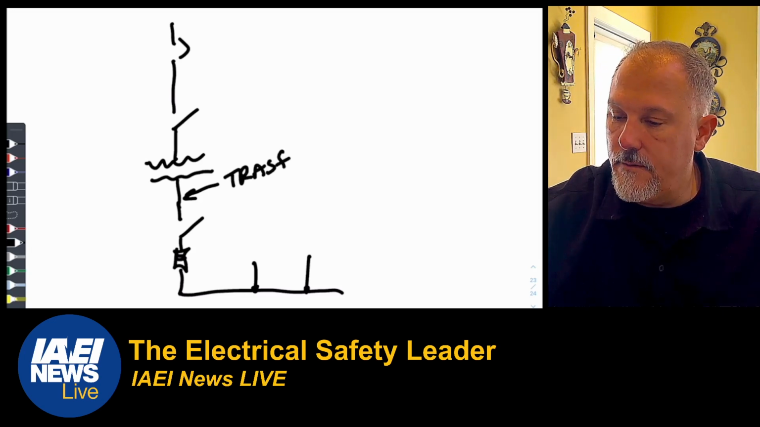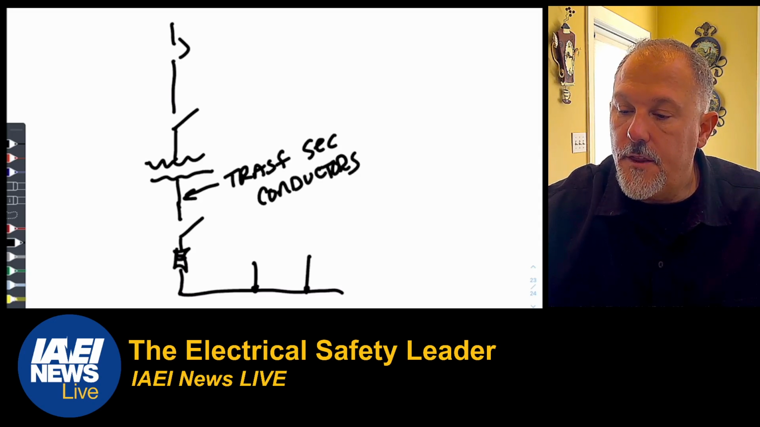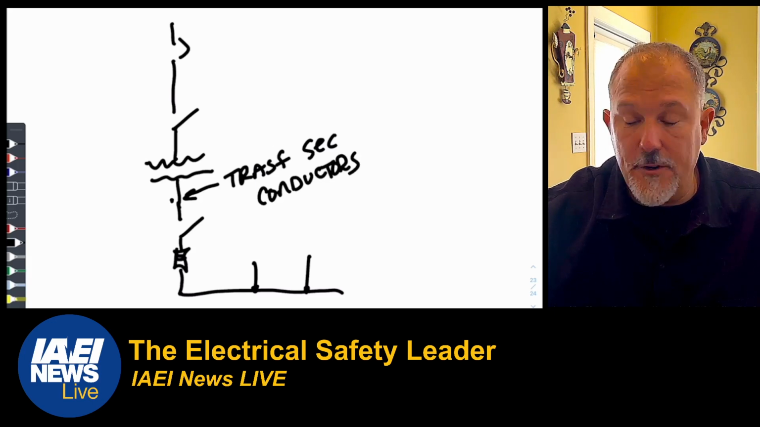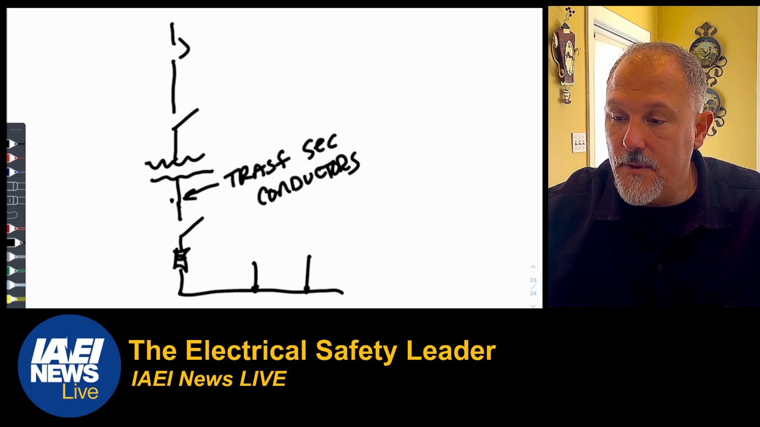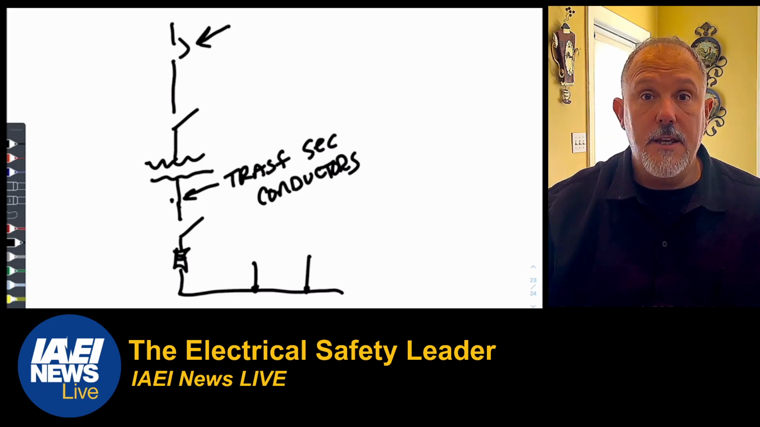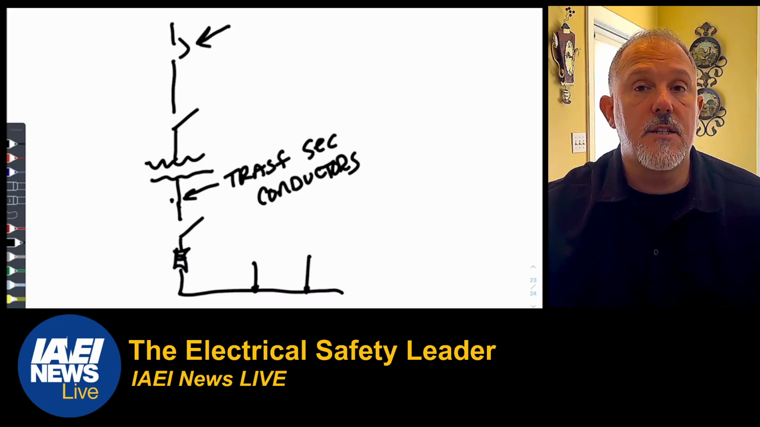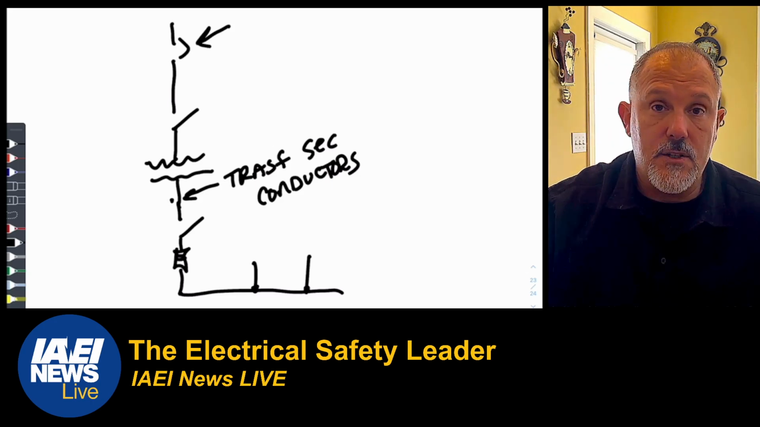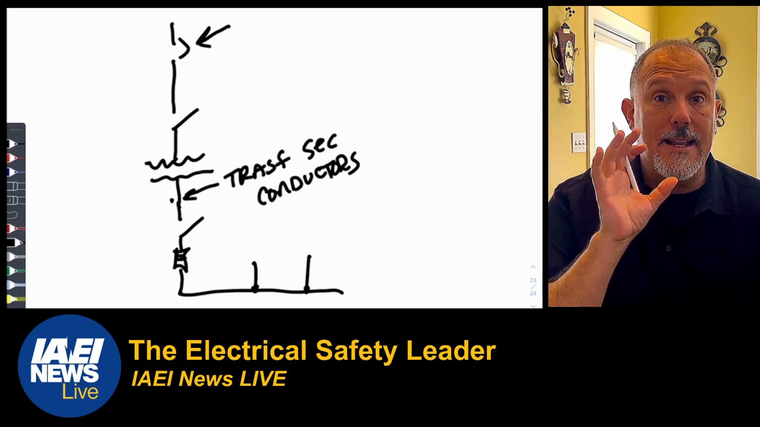I forgot the N. Secondary conductors. The protection of those conductors, right? There's no overcurrent device at its source. The only thing that could possibly give you any protection is the circuit breaker that's on the primary of the transformer. And that device is selected